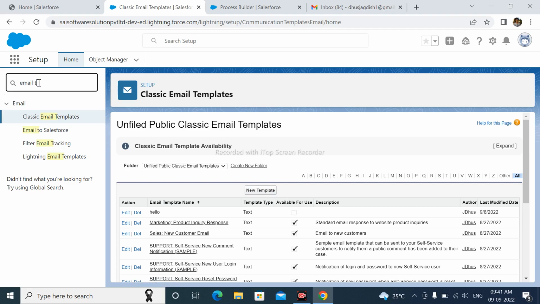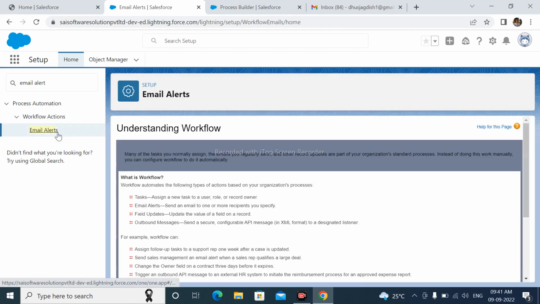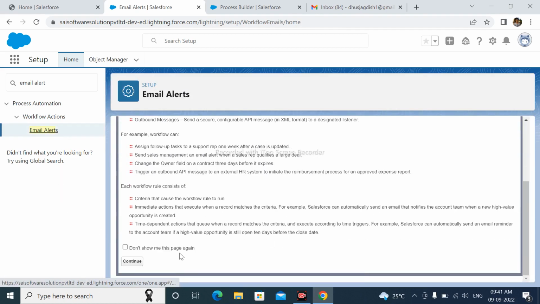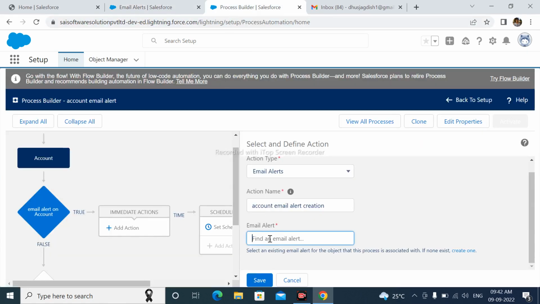After that, in Quick Find, search here email alerts. After that, create here email alerts. Here I am creating previously. Write here email alert name. Here I am selecting thanks for registration, this email alert. After that, save this